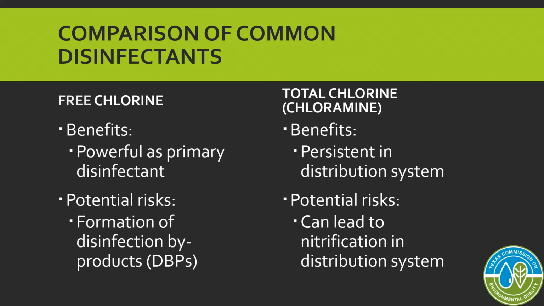One of the potential risks is, because it is a strong oxidizer, it interacts with anything in your water pretty quickly and is prone to forming DBPs. Those can be related to organic matter in your water or salts in your source water, creating brominated species of total trihalomethanes. For chloramines, you don't get as strong of an oxidation factor with it, but it is significantly more persistent